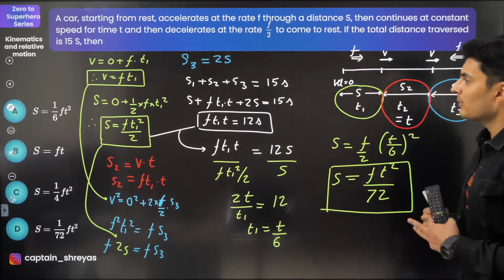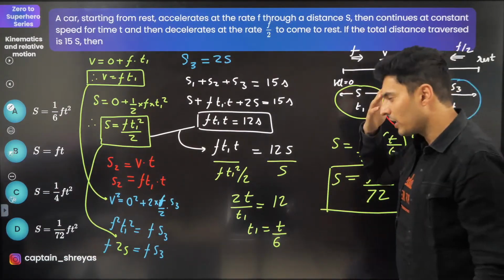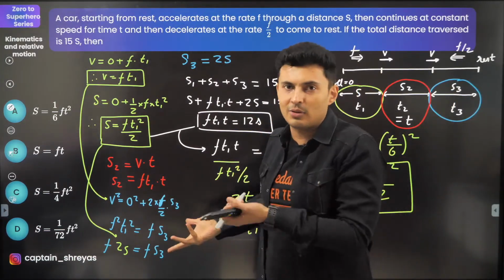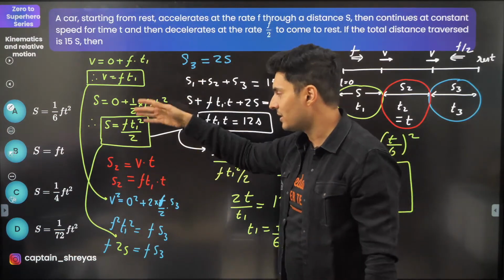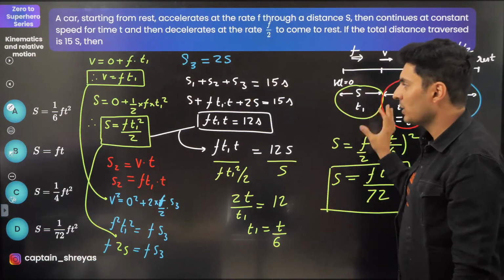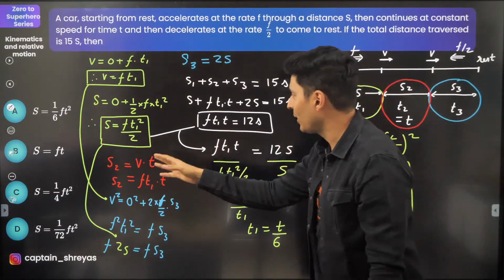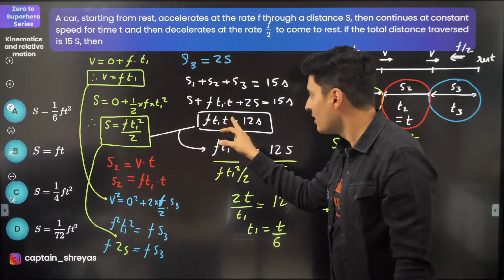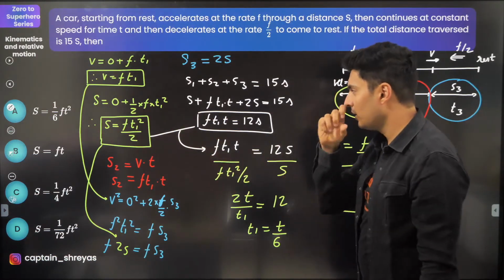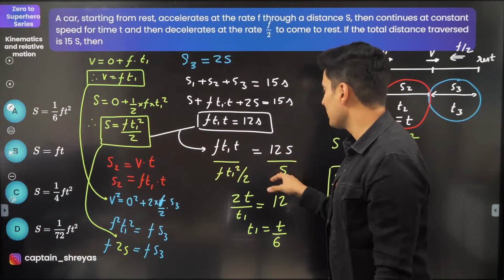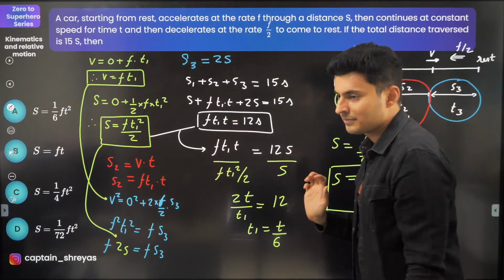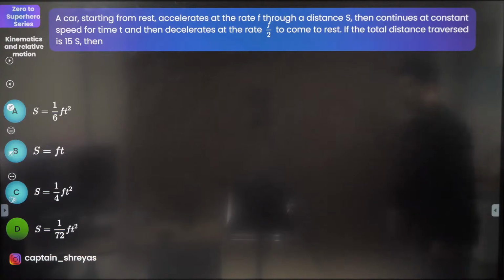It's just all about equations and just going with the flow. I don't know when I start solving how I am going to do it. You just have to go with the flow. I know this, I know this, I know this. Oh, this is related to this, this is related to this. Maybe I can divide them. I can find the relationship between the times because T1 was not a known value. So I wanted to get rid of T1. That's why I divided it. That's all. Okay, brilliant question it is.